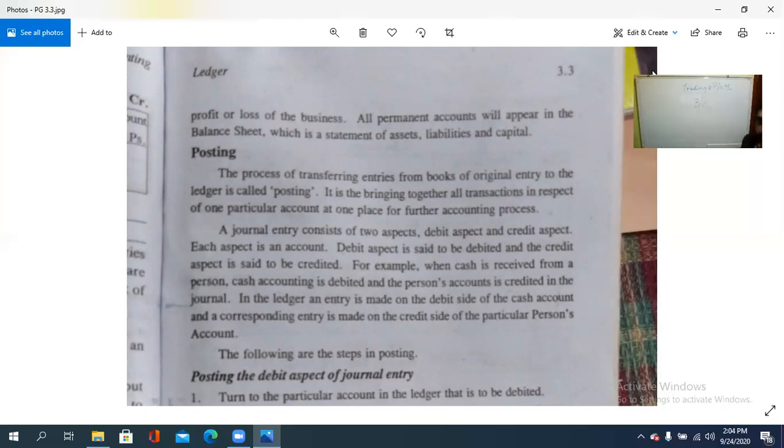It is the bringing together of all the transactions in respect of one particular account at one place for further